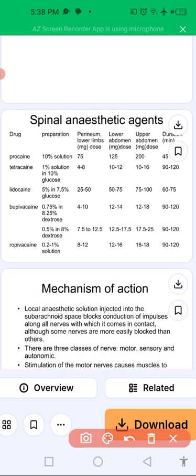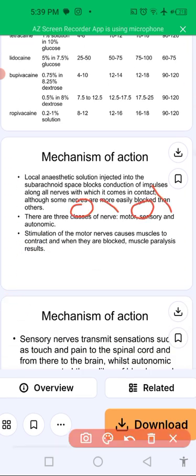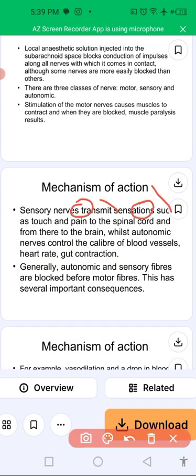As you can see, in perineal surgery there are 4 to 10 mg, 10 mg in saddle block, and 10 mg in C-sections. We use bupivacaine 0.75%. In lower limb surgery there's 14 to 15 mg, and in hernia we use 15 mg. In upper abdomen surgery we use 12 to 18 mg, and the duration is 90 to 120 minutes for the bupivacaine anesthetic agent. The mechanism is that sensory nerve transmission is blocked, touch and pain receptors are blocked, and